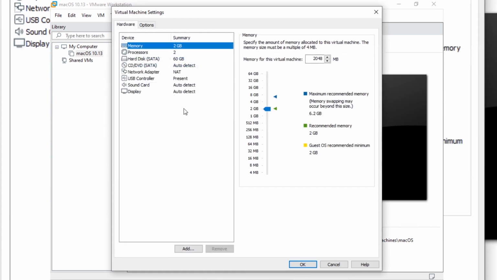Now we have to click on edit virtual machine, and here you will see this kind of information. You have to give your information. First thing is memory, that is RAM. You can give it according to yours. If you have 4, then give it 2. If you have 16, then give it 8. I mean, you can give it half. So if I have like 10 or 11, that's why I'm giving 4 or 5. You can see here 4 or 5 GB.